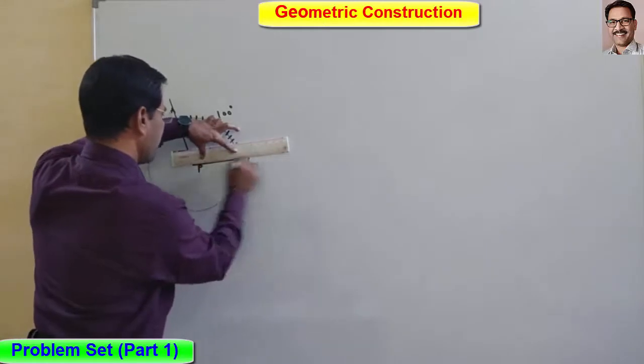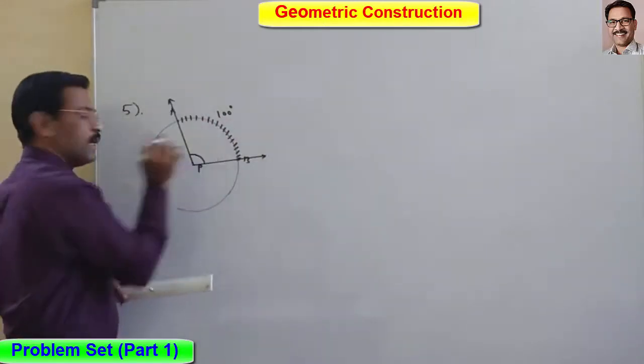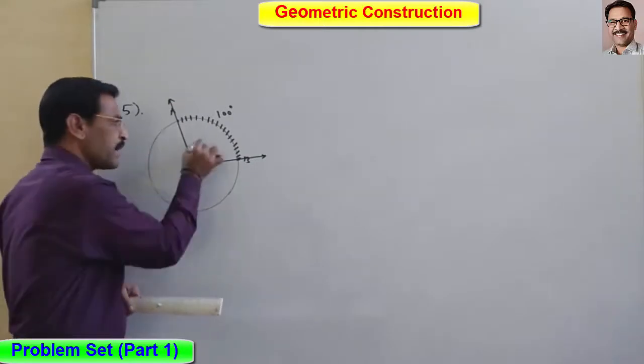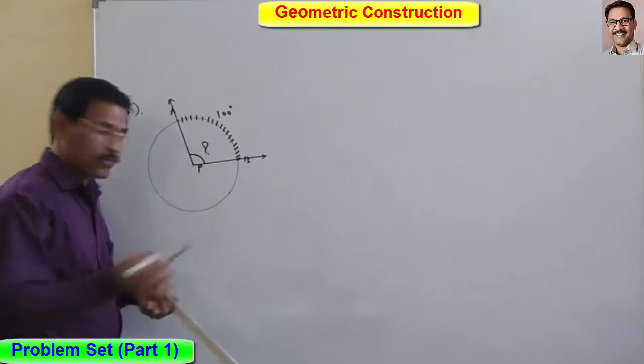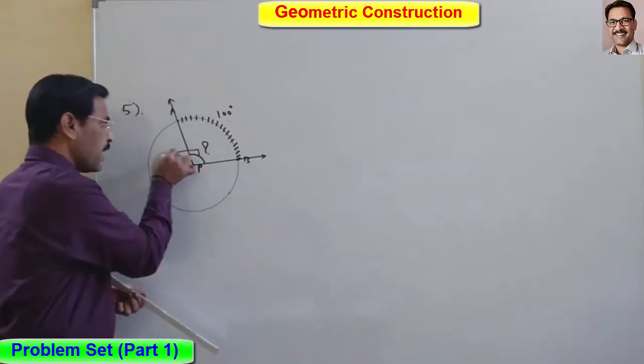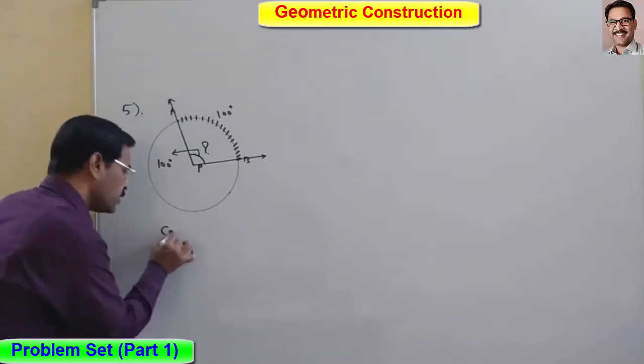What we can get here? This is one central angle. What can you say about this central angle? Yes, obviously it is also 100 degrees. Yes or no? This is as well 100 degrees. Why is it 100 degrees? Because of central